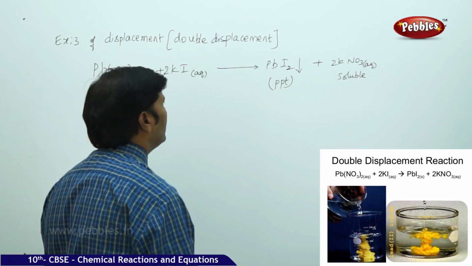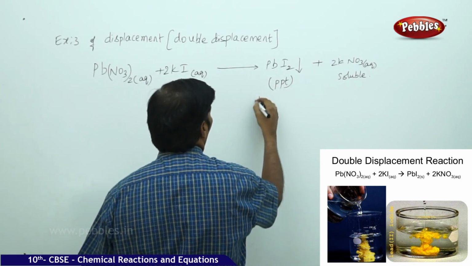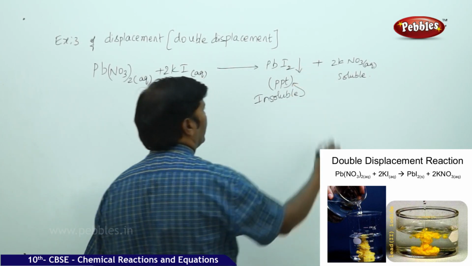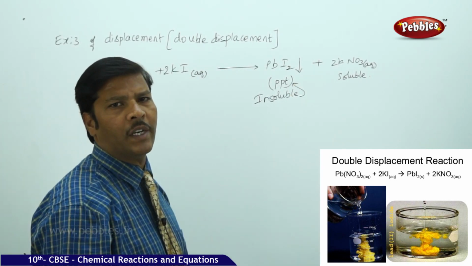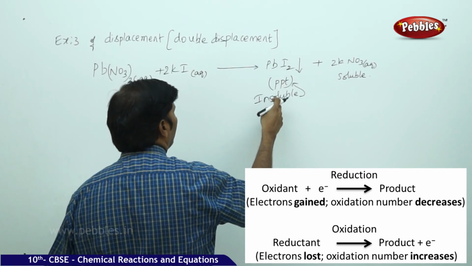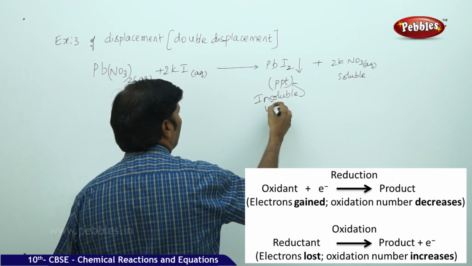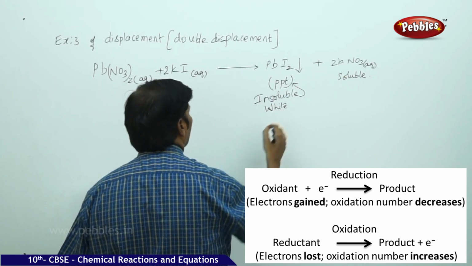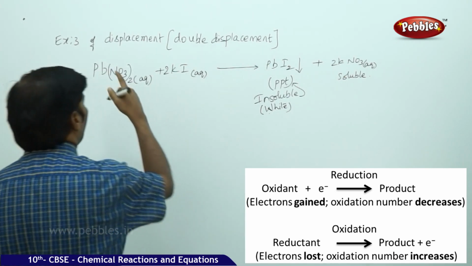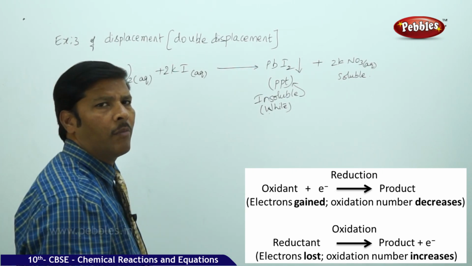It's very clearly understood that the lead iodide is forming an insoluble precipitate. So here, when you go to the precipitate, it forms a color. It can give an insoluble white precipitate. And here it is very clearly understood that these are some of the most prominent examples of the double displacement